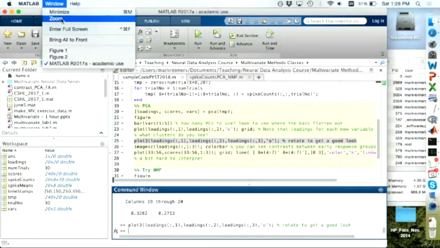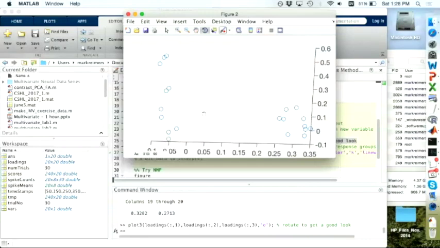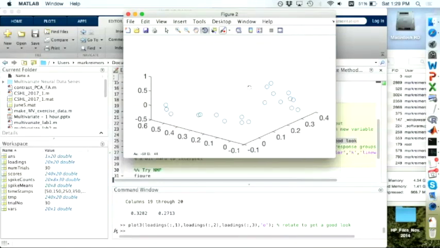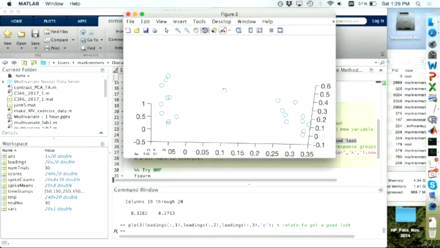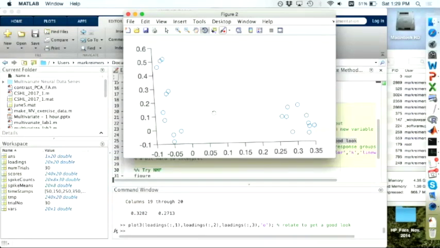And if we look at this now, which should be a nice 3-dimensional plot, and rotate it around, what can you see? So it looks like there are really maybe 3 clusters of neurons, a cluster here, a cluster here, and a cluster here. They are not equivalently loaded, but are fairly similarly loaded. So it's looking like there should really be 3 factors here, even though we can't tell them apart with PCA.